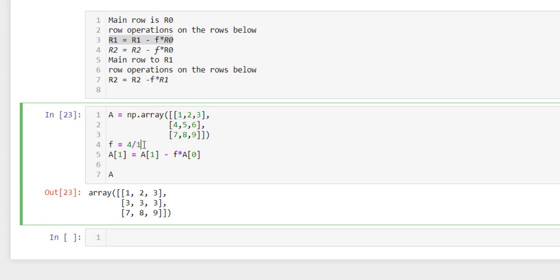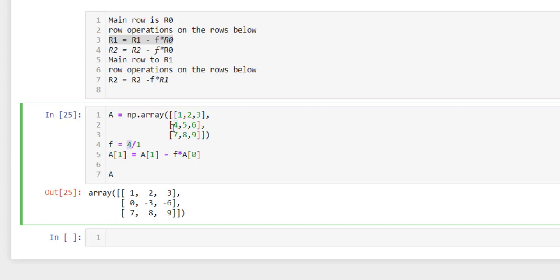So that's your factor, and it should make this 0. But again, you don't want to write these as numbers. You would like the program to take care of this. So instead of using the number directly, you have to refer to the position here so that it can fetch the value from there and compute the F by itself.